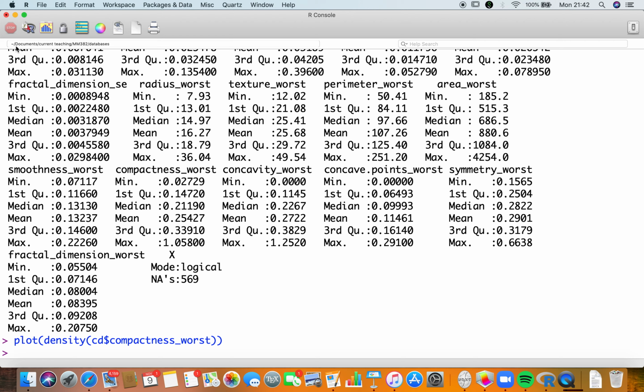I do know a way of actually calculating the standard deviation for each of the columns together as a whole, and that's using what's called the apply function. Now, you have to be a little bit careful. As I said to you before, R is very finicky in that it sometimes does what it's supposed to do and sometimes it doesn't. So if I use the apply function, I'm going to use CD because that's my database. I'm going to do number 2 because I want to do the analysis on the columns, and I'm going to type in SD for the standard deviation, because the standard deviation function in R is SD. Oh, sorry guys, that's not good because it should be round brackets, of course, because this is a function. Now, usually when you do this,